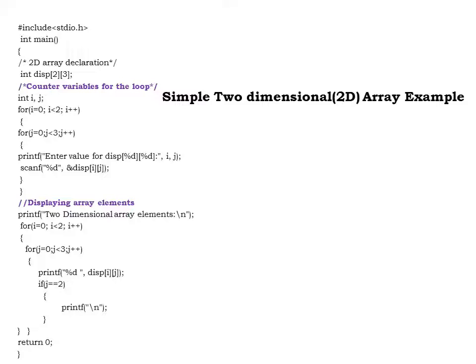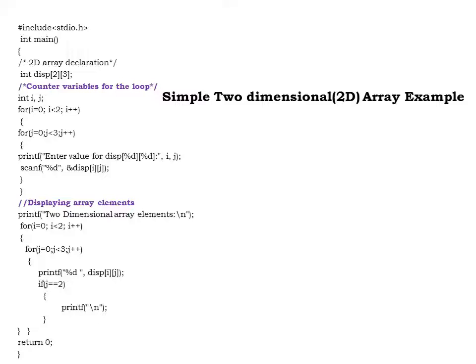So j is incremented to 1, 1 is less than 3, condition is true, so we display the elements that are stored at location 0, 1. So i is 0, j is 1. We print the second element that is stored at the subscript value 0 and 1. Still the inner condition is false. We move on to incrementing the value. Now j value is 2. So 2 is less than 3. We enter the inner for loop.